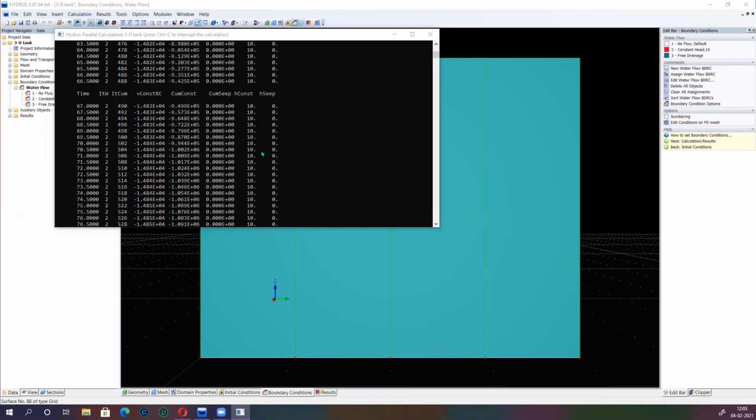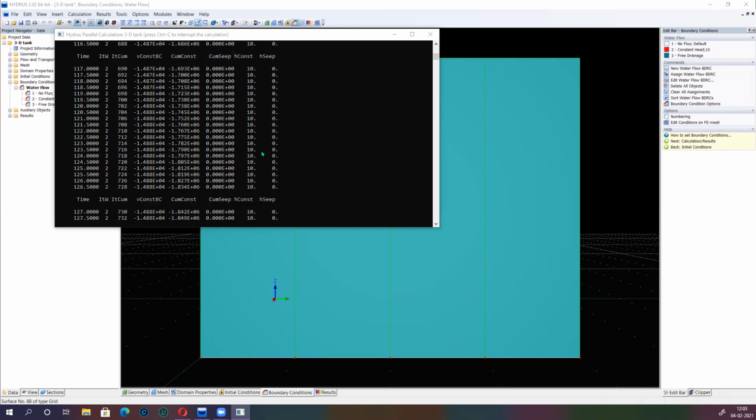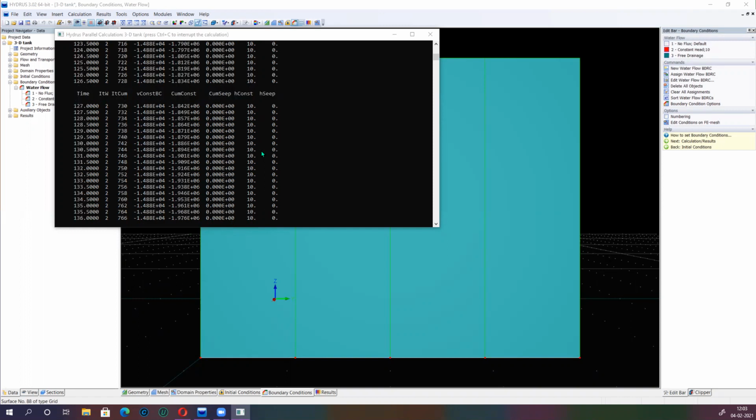After uploading the previous video, I was contacted by many students asking whether we can apply Hydrus 3D in the field. I discouraged them because of the complexity involved. You should always try to convert the 3D problem into a 2D problem so that you get a better hold of the geometry, and you can calibrate and validate your model easily.